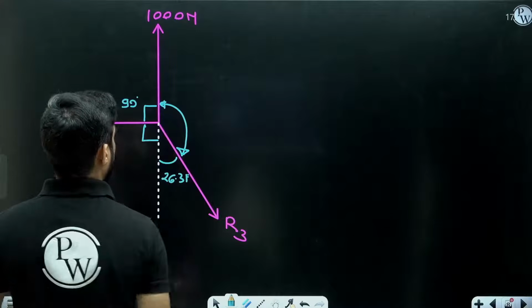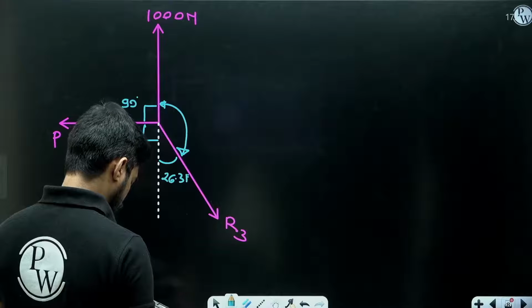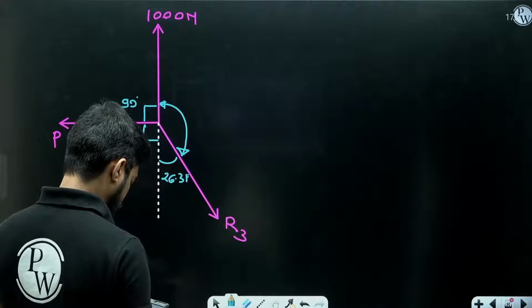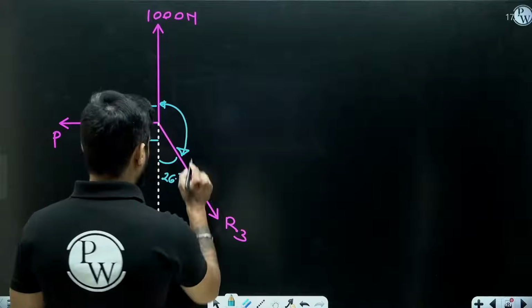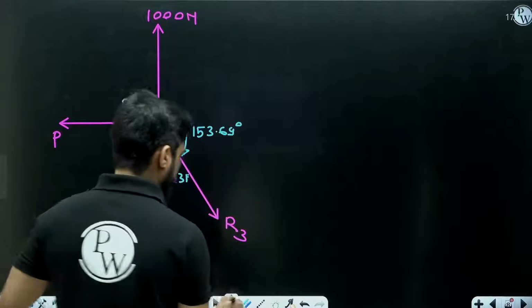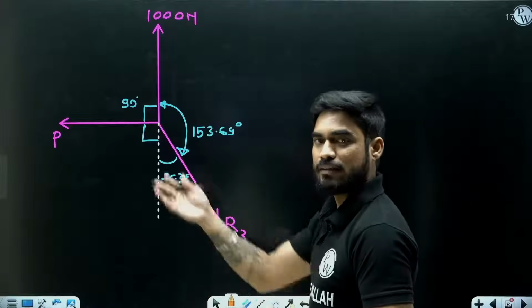And this will be how much? 180 minus 26.31. 153.69 degree. So now what we can do is we can apply Lami's theorem and we'll get the value of